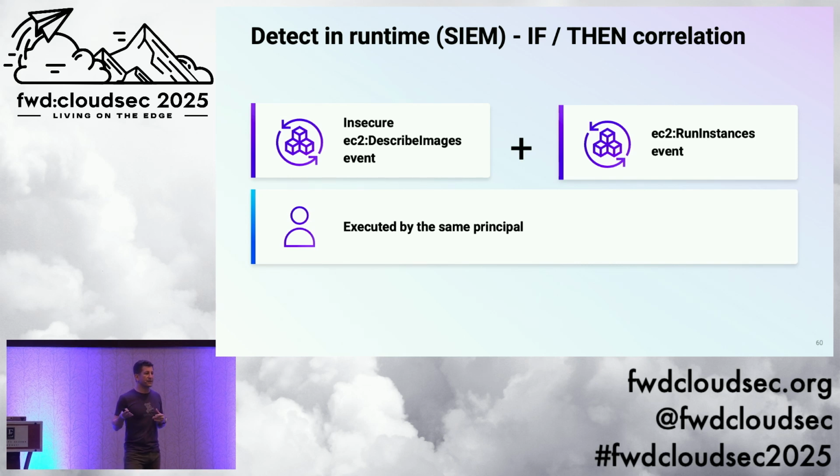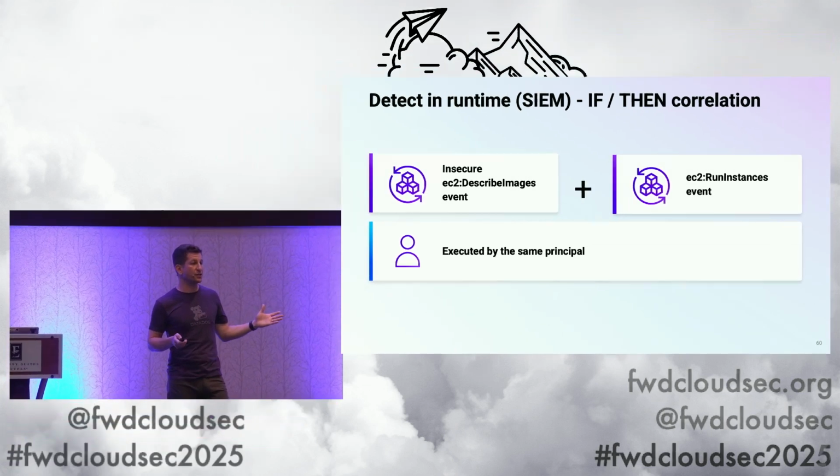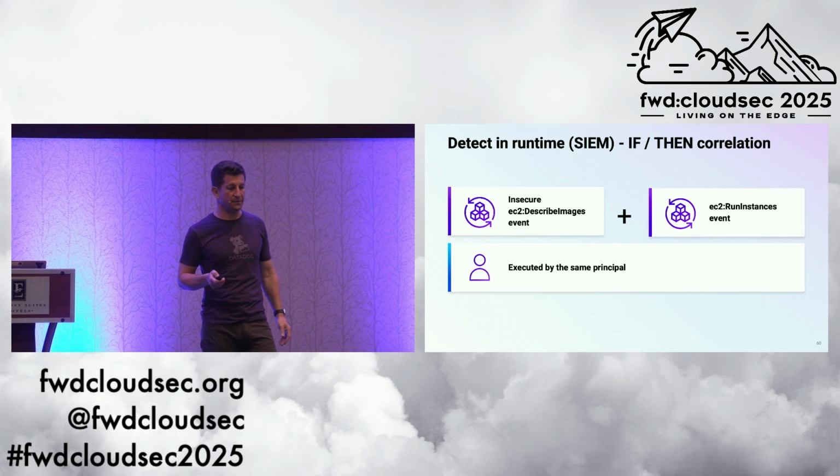So the source of truth for this, the best way to find vulnerability to this attack, is using CloudTrail. And particularly, I found using correlation like in a SIEM. So I found that if I look for EC2 DescribeImages events, followed by, within a certain time period, I think 10 minutes is the sweet spot for me, a RunInstances event, and it's both executed by the same principal, you can be pretty confident it's at least worth having a conversation with the owner of that principal ID.